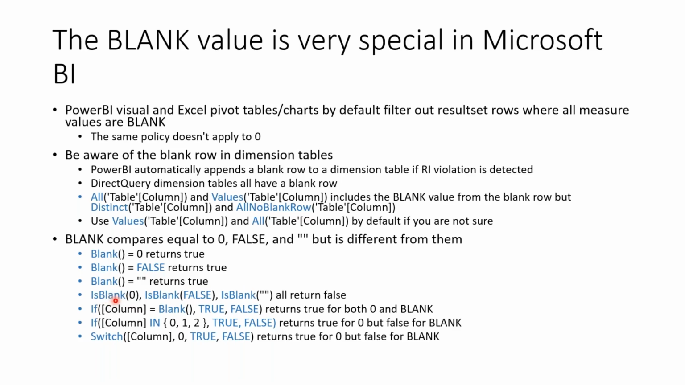you can use IsBlank to detect whether or not it's a true blank. IsBlank only returns true when it's a true blank. It's going to return false for 0, false, or empty string. And the DAX IN operator is a strict operator in the sense that it will not match blank to 0. It will only match blank to actual blank and 0 to actual 0. Similarly, the DAX SWITCH function is also using strict comparison. It's not just the equal operator, and